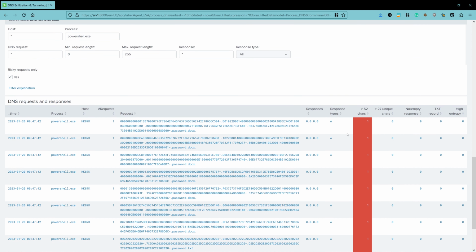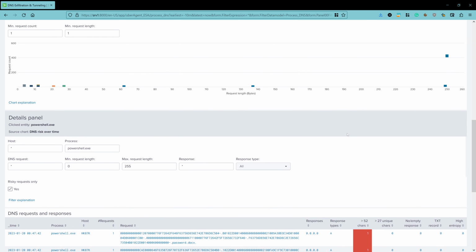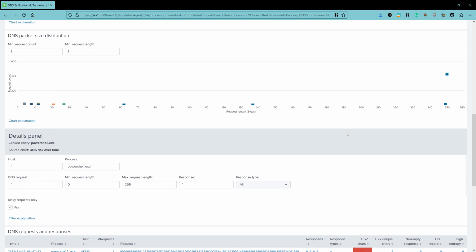Okay, so let's move up a little bit and take a look at a different way to detect DNS exfiltration. In this case, the dashboard also has a histogram that shows you unusually large DNS requests.